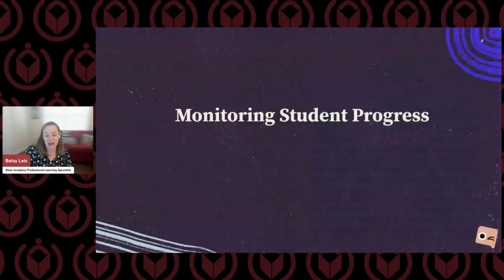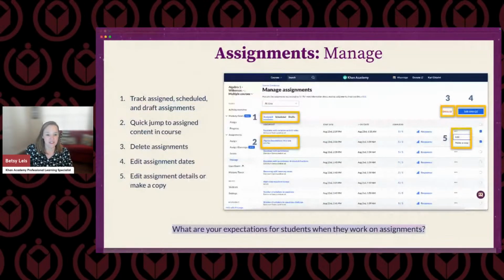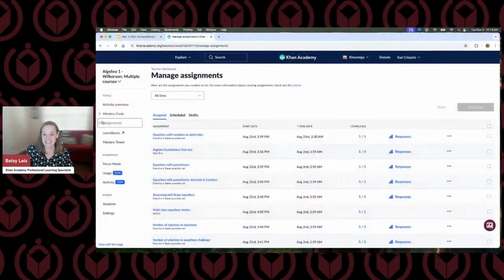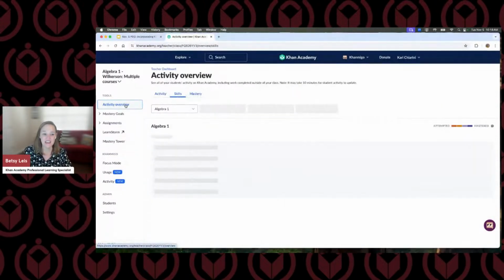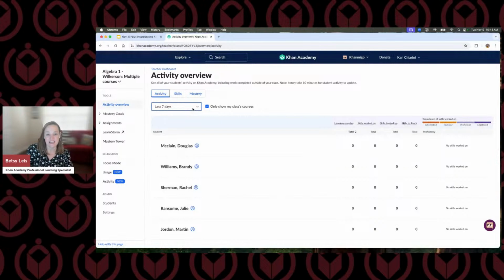Now we're going to move into monitoring student progress. One thing you'll want to know with your students, once you are really starting to get them working on Khan Academy, is that you've got an activity overview button right here. Within activity overview, you'll be able to see each of your students' names,